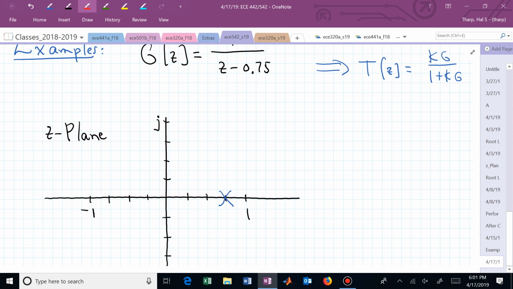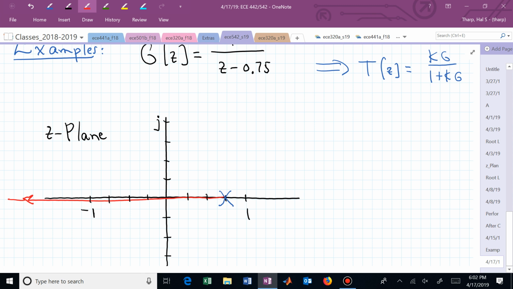Is this system going to be okay with a pure gain controller? If you've taken out your cutting board, you know which part of the real line belongs to the root locus. You can now move closer to the origin, which speeds up your system. You could locate your closed loop pole anywhere on the real axis to the left of 0.75 with just a constant gain controlled system.